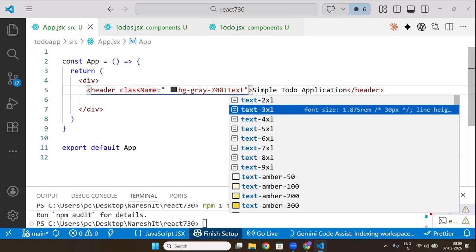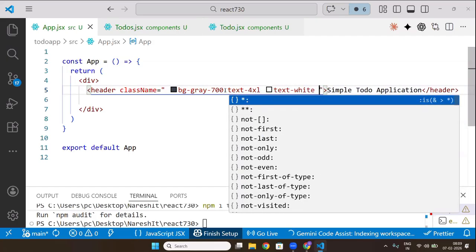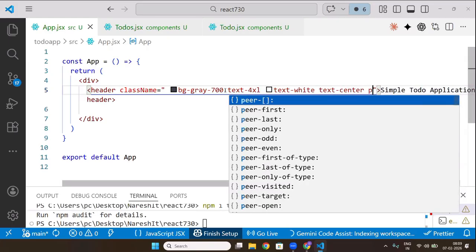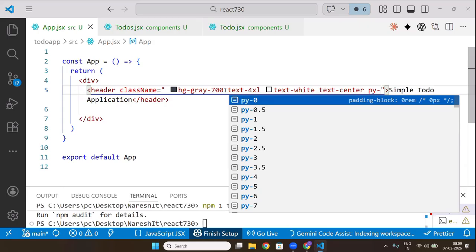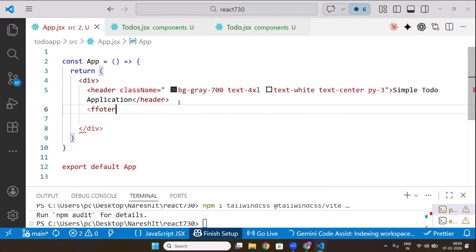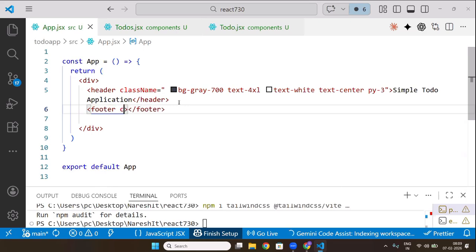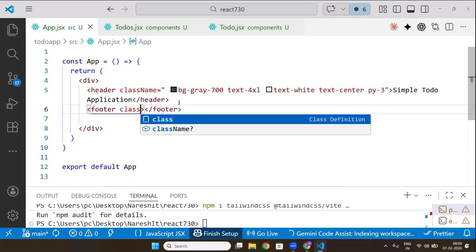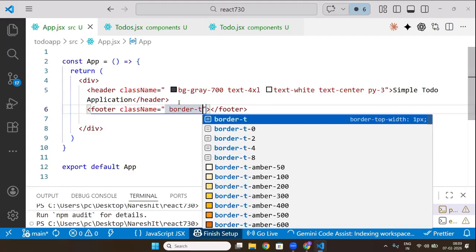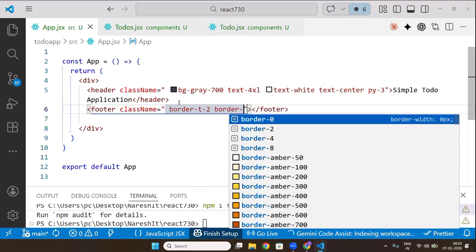Text for Excel, text white, text center, and PY3. Same thing, footer, footer, class name, class name, border, top border, black,